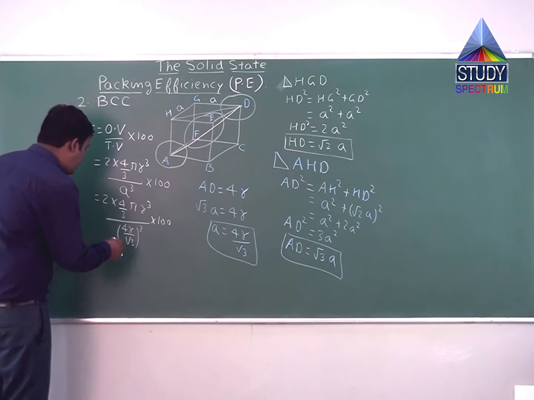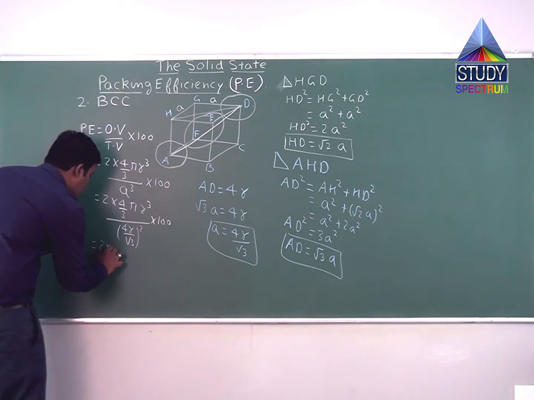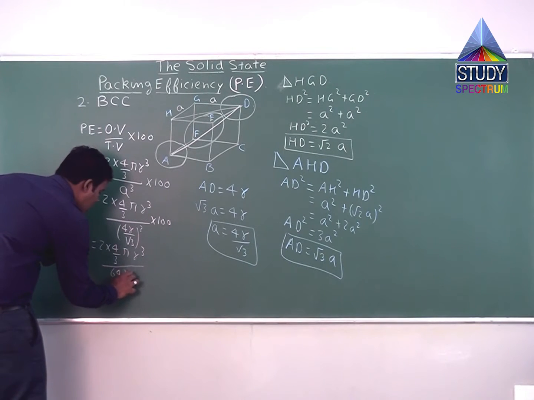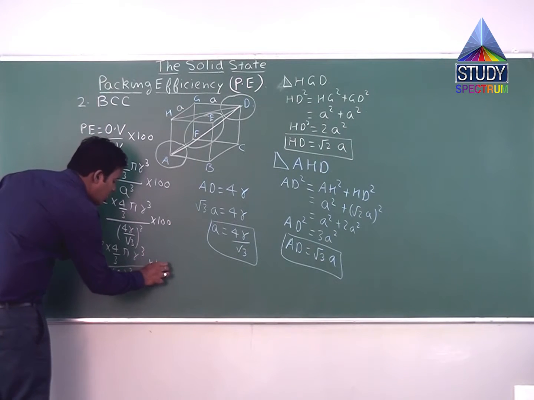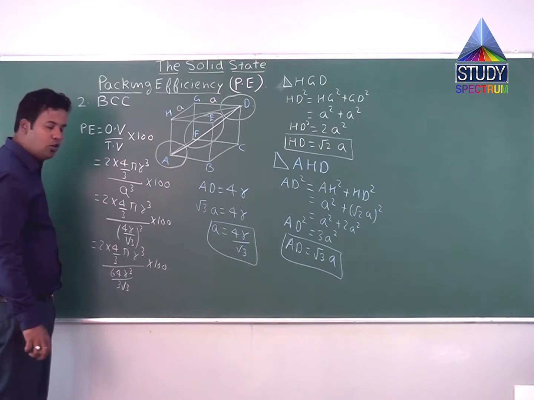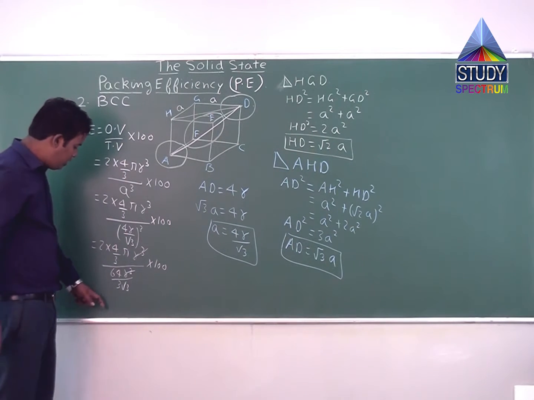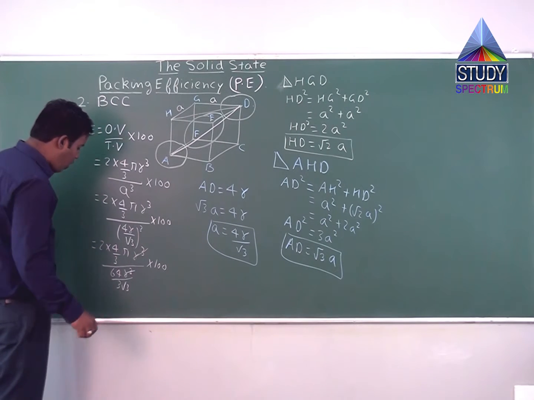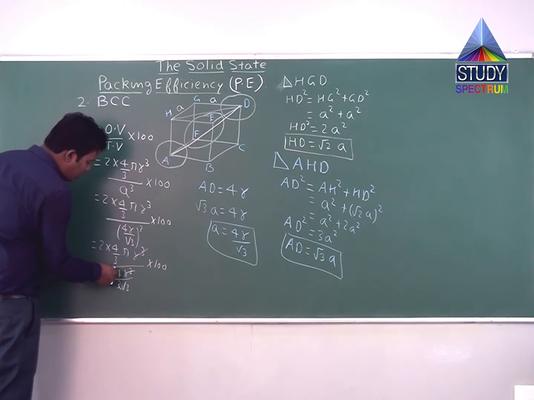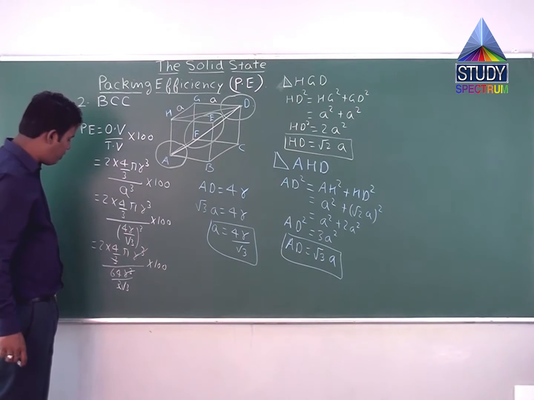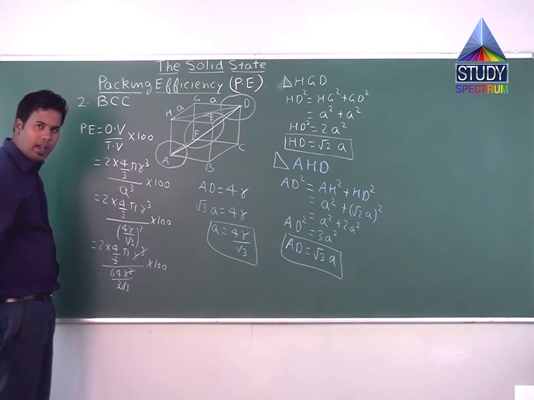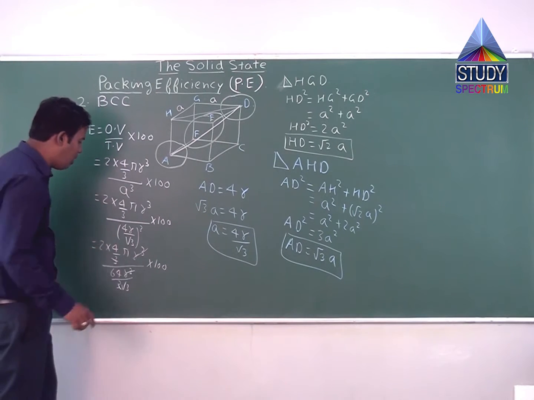Correct? So I can write it as 2 into 4 by 3 pi r cube divided by 64 r cube divided by 3 root 3 into 100. Now first of all, since we have r cube present in numerator and also in denominator, this r cube gets cancelled. You can also cancel this 3 present in both the numerator and denominator of this fraction, and you can take this root 3 above, so this becomes